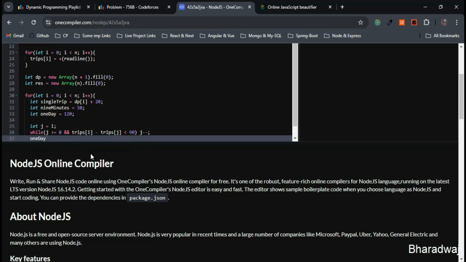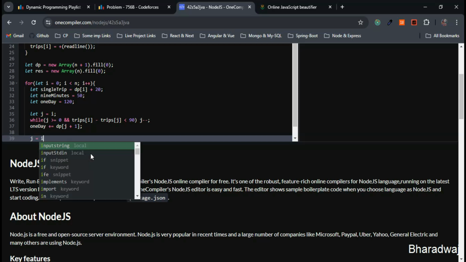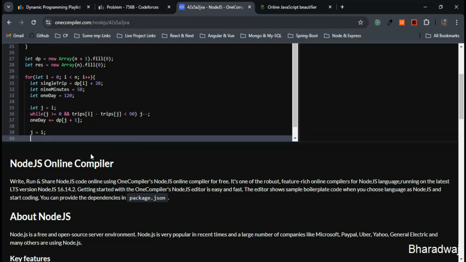So we can write in this way, 1 day equals 1 day plus dp of j plus 1, right? So this is fine. Next, we have to find the first trip index that is within 1 day of the current trip. So for this, same thing, I'll just initialize j to i directly, and here I'll just make use of the while loop, while j greater than or equal to 0, and